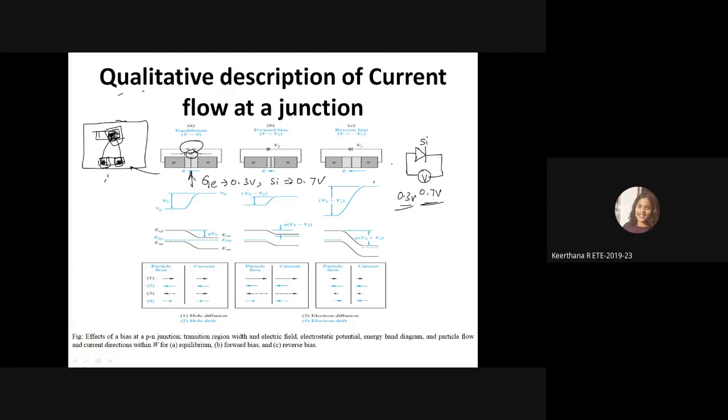There should be some combining of P and N layers, so due to the movement of the electron. Movement of electron, okay. But we have not connected the battery. From where do you have movement? So there'll be a small movement, even if it's not connected, because this side electrons are there and that side the holes are there. So there'll be a small movement which causes the depletion region and the barrier potential. Okay, that is fine. Small movement of charges. It will not increase.